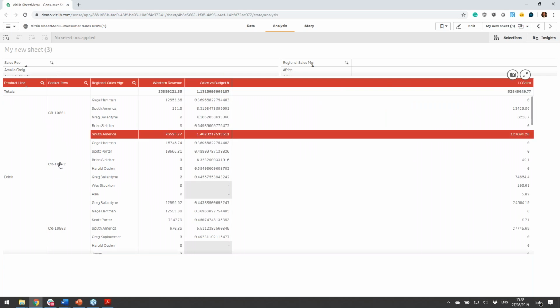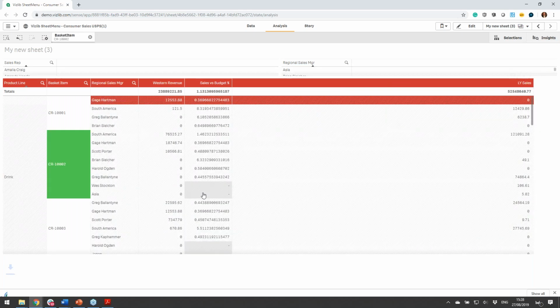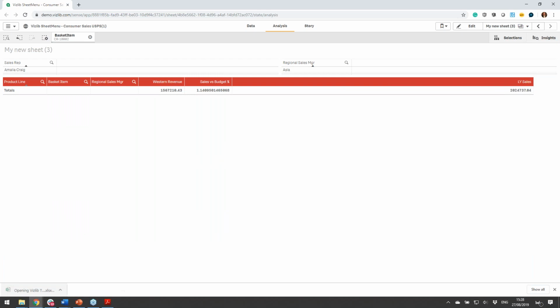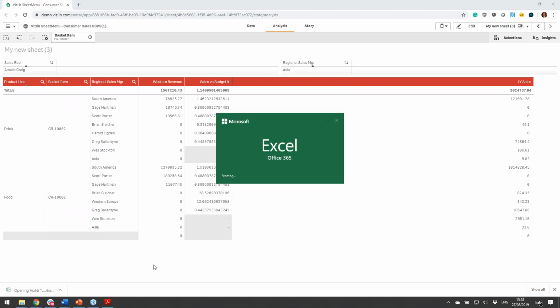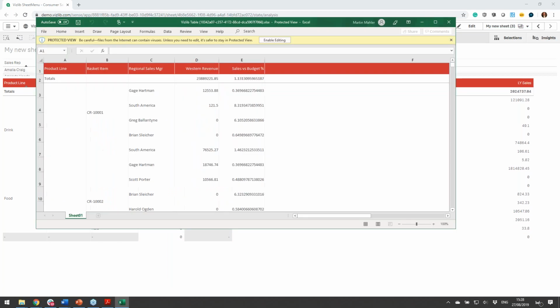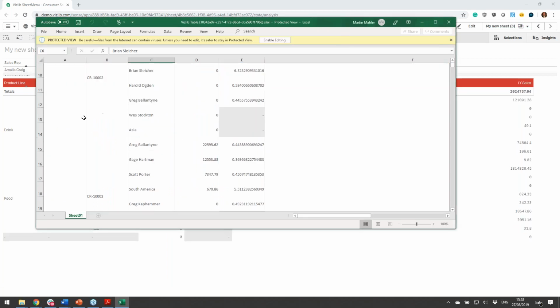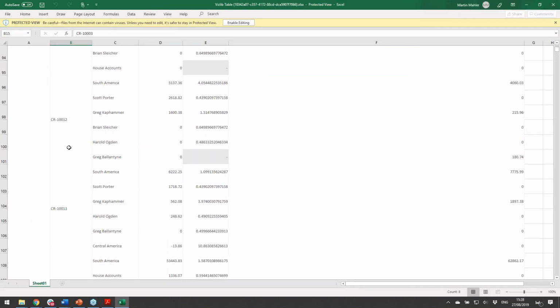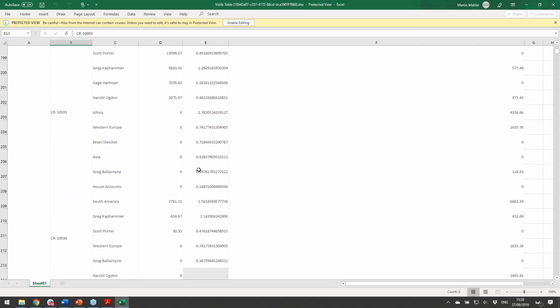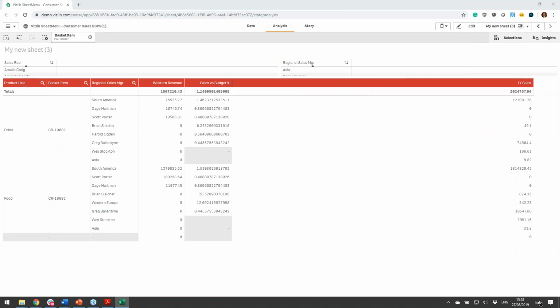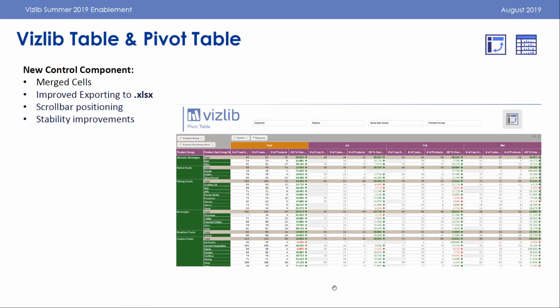Oops, apologies for that. Let me narrow down the data. Actually, oh no, here it is. It has just been produced. So if I open Excel, it will now hopefully return to me. Yes, exactly. So the format is exactly how you see it on the screen. It's consistent. So effectively, that's a new feature that, yeah, please do explore it if you find this